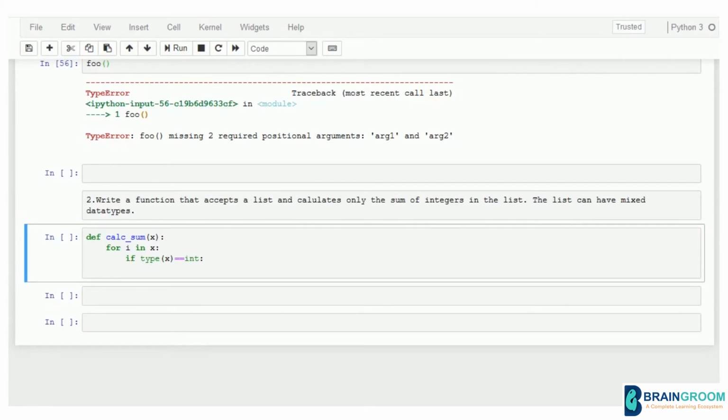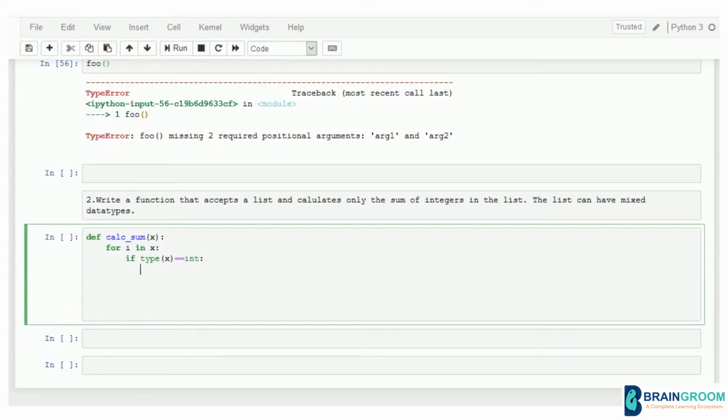And don't forget the indentation. As I keep saying, indentation is really important in Python. That is how it identifies the blocks that are given. So whatever you give after this in here is stored in if, and this entire portion is stored in for, it belongs to for block, and everything that you give within this particular scope or this particular indentation, that belongs to this particular function calc sum. So be careful with your indentation, don't miss out these spaces. Now back to the program.